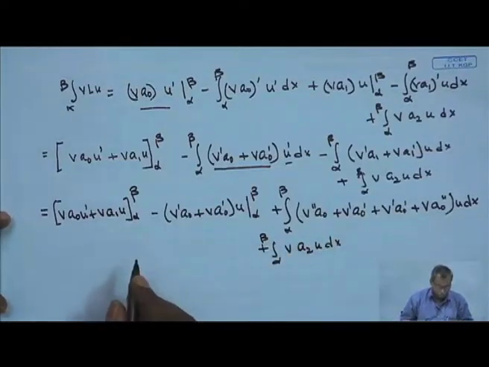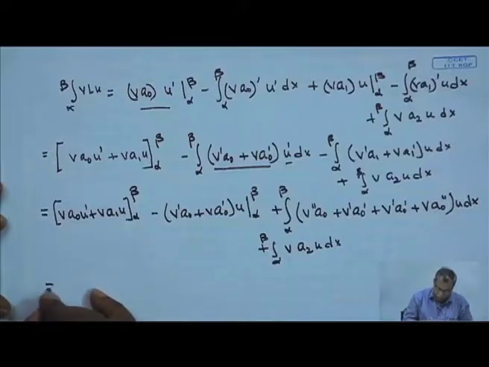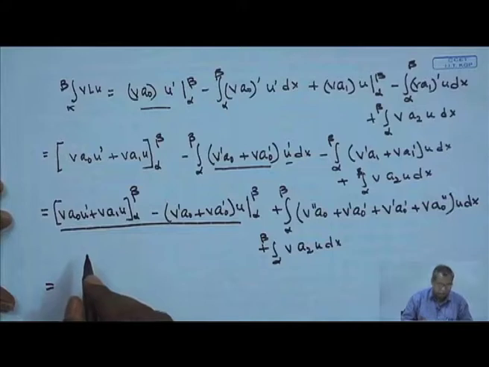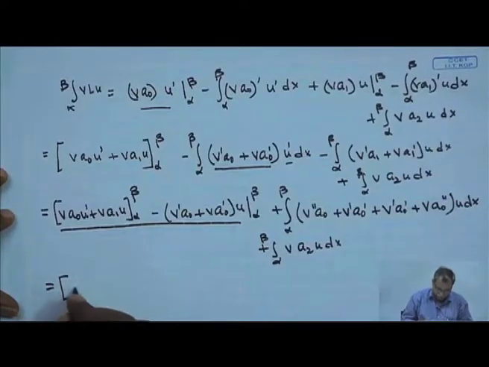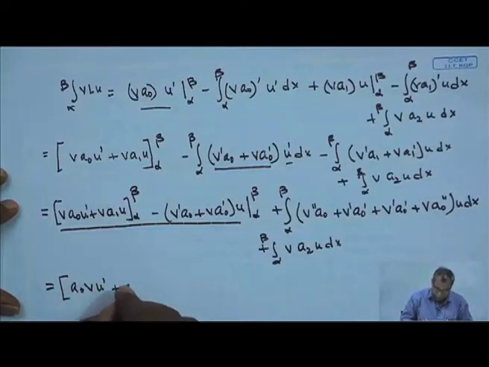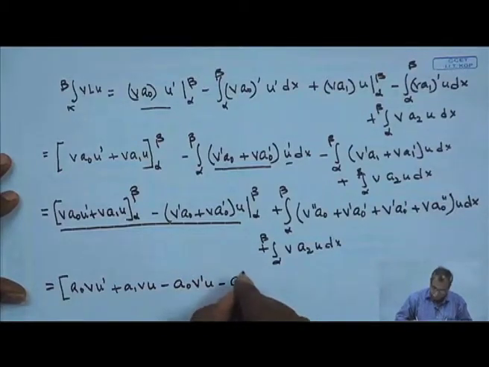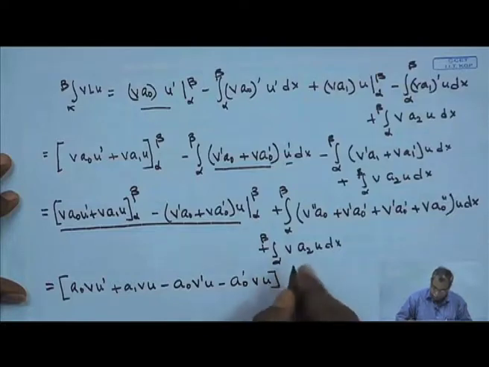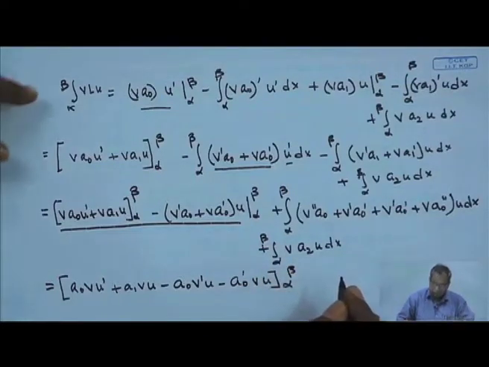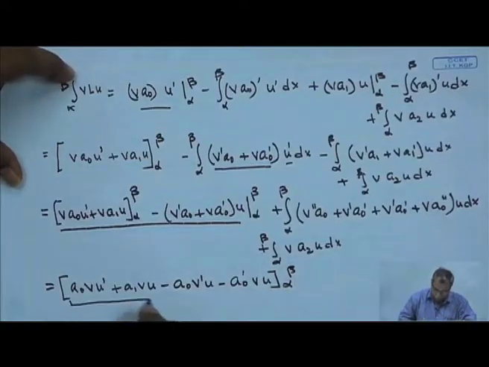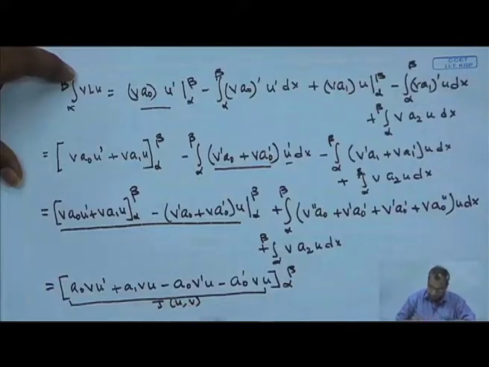Now let us see what we get. So we collect this term first. So this will be a0 v u prime plus a1 v u minus a0 v prime u minus a0 prime v u. This will be evaluated between alpha to beta, and we call this part the bilinear concomitant, and its notation is J(u,v),